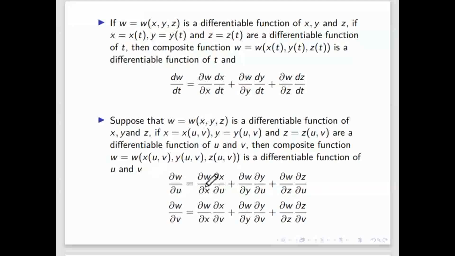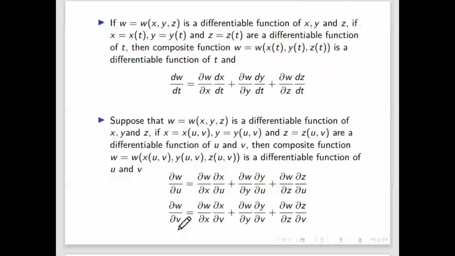But according to the chain rule, here w is a function of three variables x, y, z, then del w by del x, and then derivative of x with respect to u, because we are differentiating with respect to u. Then here del y by del u and del z by del u. Same as before, where we had only a single variable, that's why dx by dt, dy by dt, dz by dt came. Here we are differentiating with respect to u, so the derivative of x will come with respect to u, then y with respect to u, and z with respect to u.